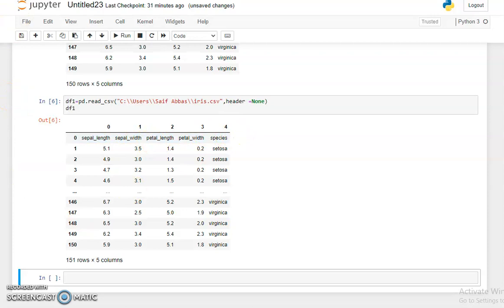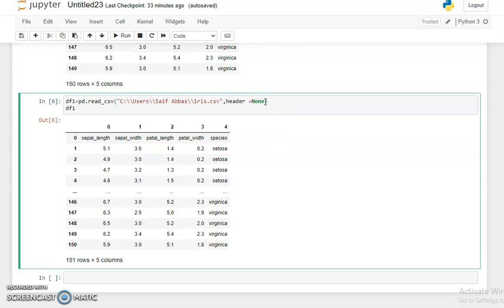Now suppose you have this type of data which has no header, and you want to create a header for your data. For this you have a parameter called prefix. With the help of prefix you can create the header of your data. But one thing to note here is that when we use prefix, first we need to mention header equal to none and then comma prefix